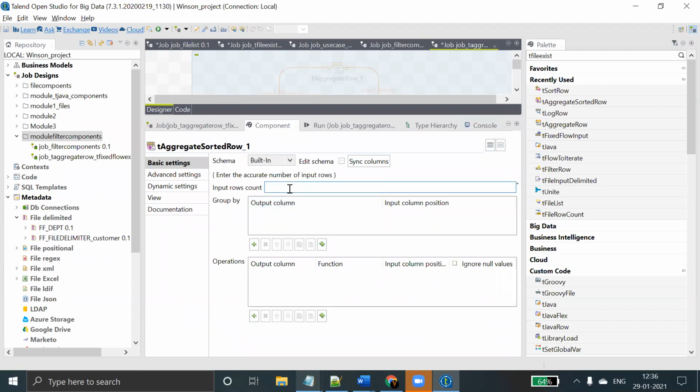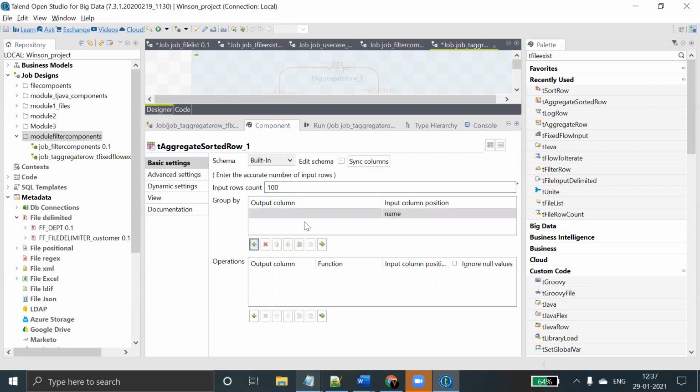So here you have to give the number of input rows. Suppose I'm using some 100 columns. You have to give an approximate number. Suppose in your source you have 10 lakhs, 10 million records. In that case, you can give approximately 20 millions, a maximum of input records. So only those many numbers will be used for the calculations, otherwise it will not do. Suppose in your source you have 10,000 records and you give 5, then the job will not do correct aggregations actually. We'll see that example also.